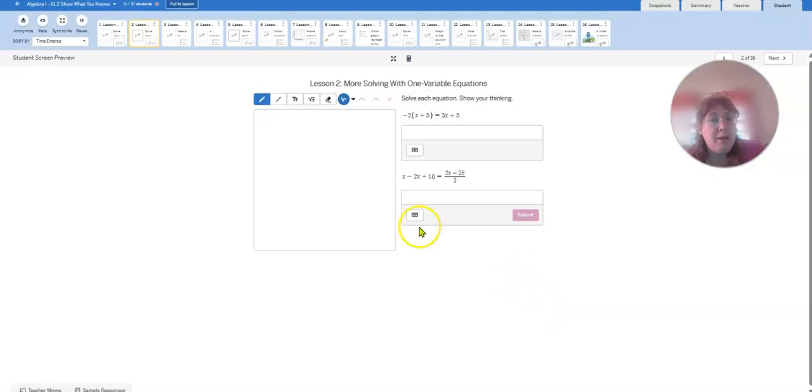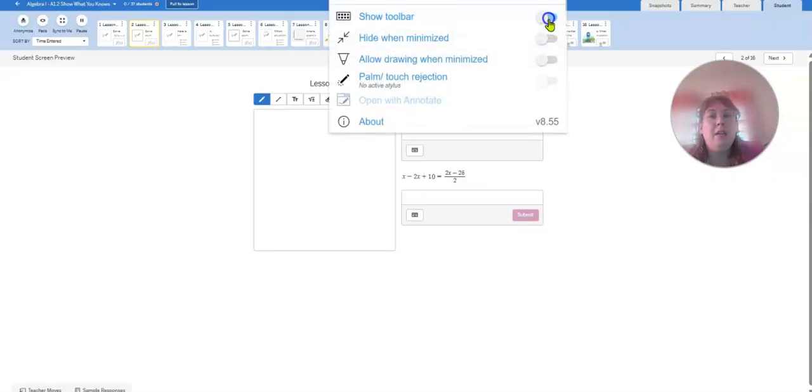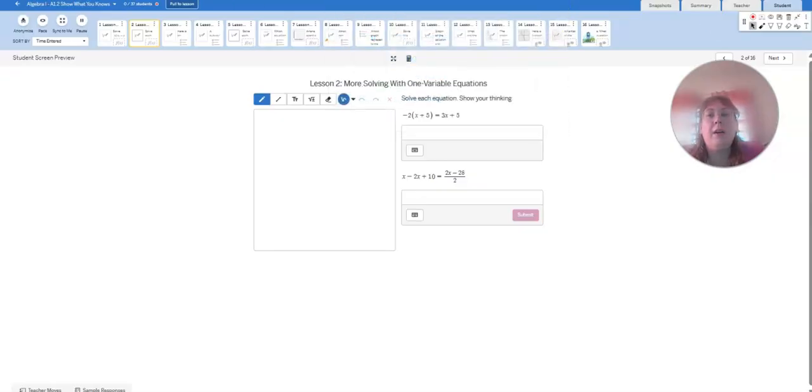More solving with one variable equations. Let me get my bigger marker. There we go. Okay. So the first one